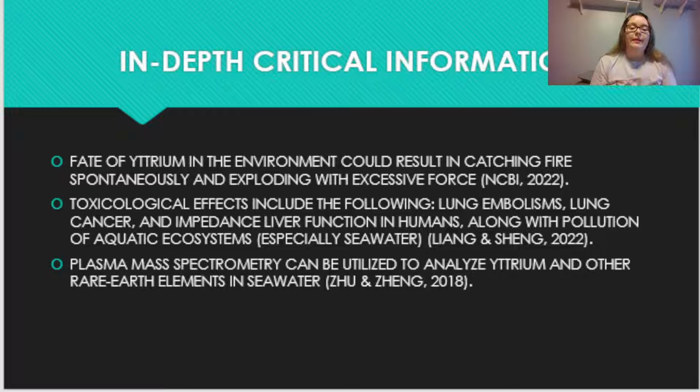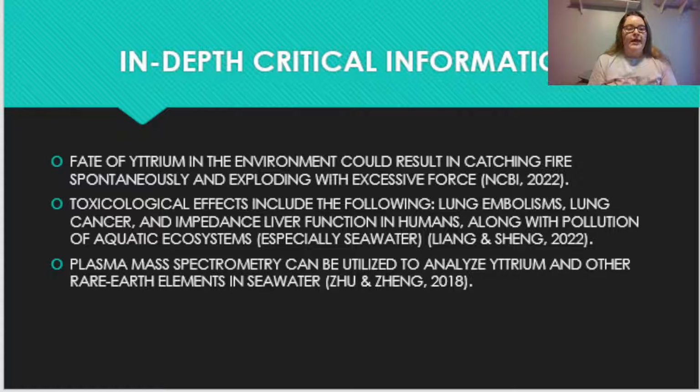Next, the fate of yttrium in the environment could result in it catching fire spontaneously and exploding with excessive force. And even if you are attempting to put out a fire, yttrium would actually just start reigniting that fire again. In regards to toxicology effects, in humans, it could produce lung embolisms, lung cancers, and affect liver function. And in regards to ecosystems, it could actually pollute an aquatic ecosystem, especially in seawater, if too much yttrium is